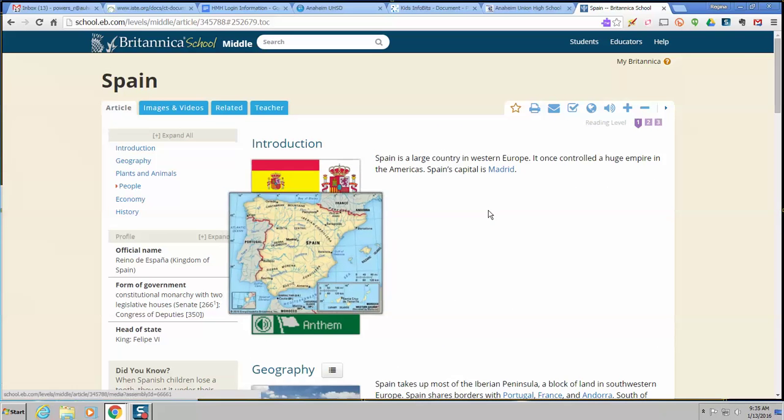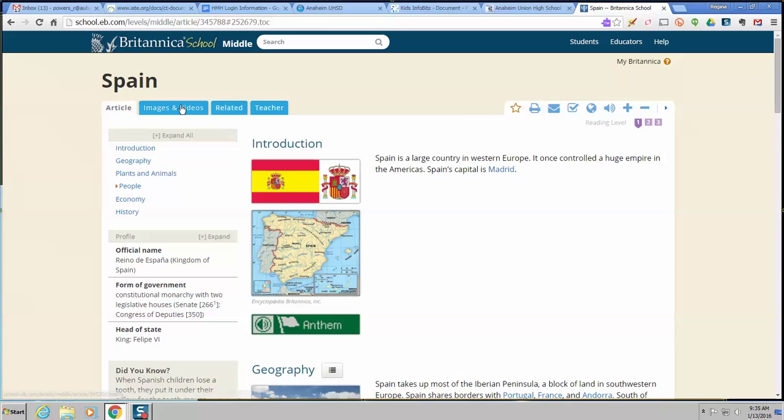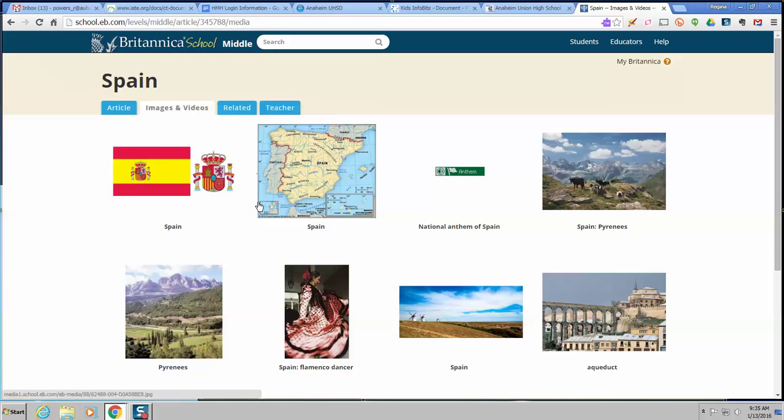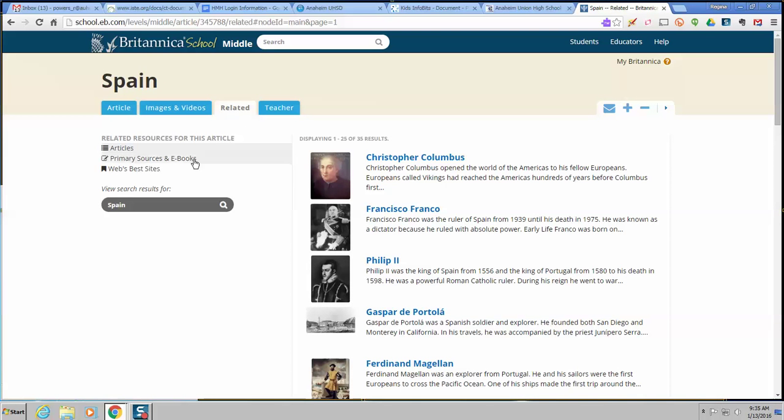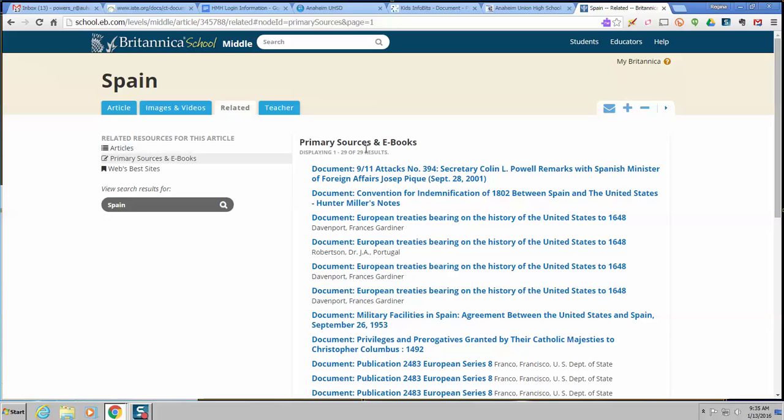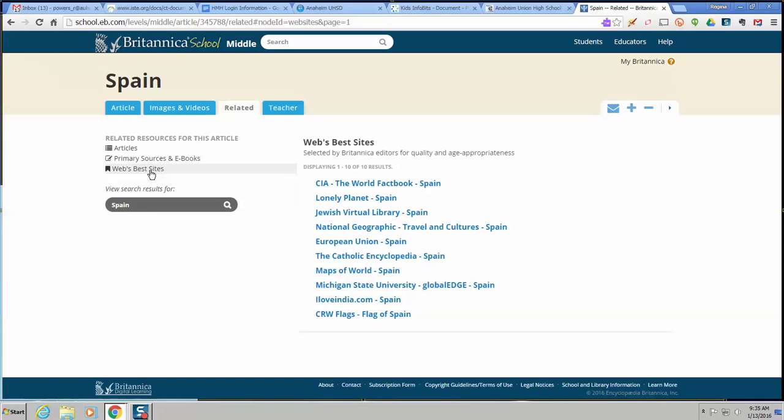But then also what's really great about Britannica is that it has tabs for other information. So if I want images, I'm going to do a PowerPoint, for example, on this, I have some images that I can use, related information in this tab, including primary sources. So if I'm going to do a more in-depth article about Spain, I can get some actual primary sources that deal with Spain, as well as some websites that have been already selected by professional people at Britannica. All they do is this research, and they found the best of the best